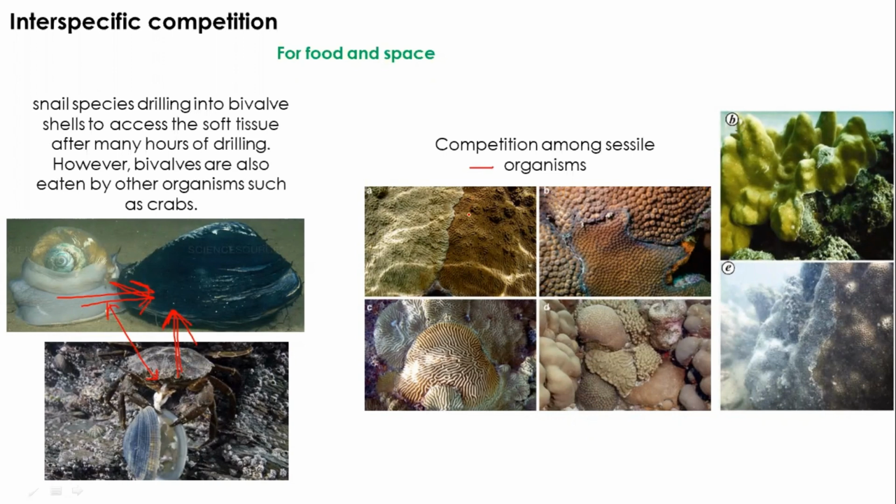Even if you remember that Dr. Tinesh on Saturday showed how sponges grow over the corals. Similarly, not only do the sponges grow over the corals, there will be different corals growing above each other or trying to displace the other and then grow over that. So those kinds of competition happen among the sessile organisms. And again, he showed you a very well documented published paper on the sponges, but here also you can see that there are several types of corals which are fighting for the space and trying to grow on top of the others. Okay,